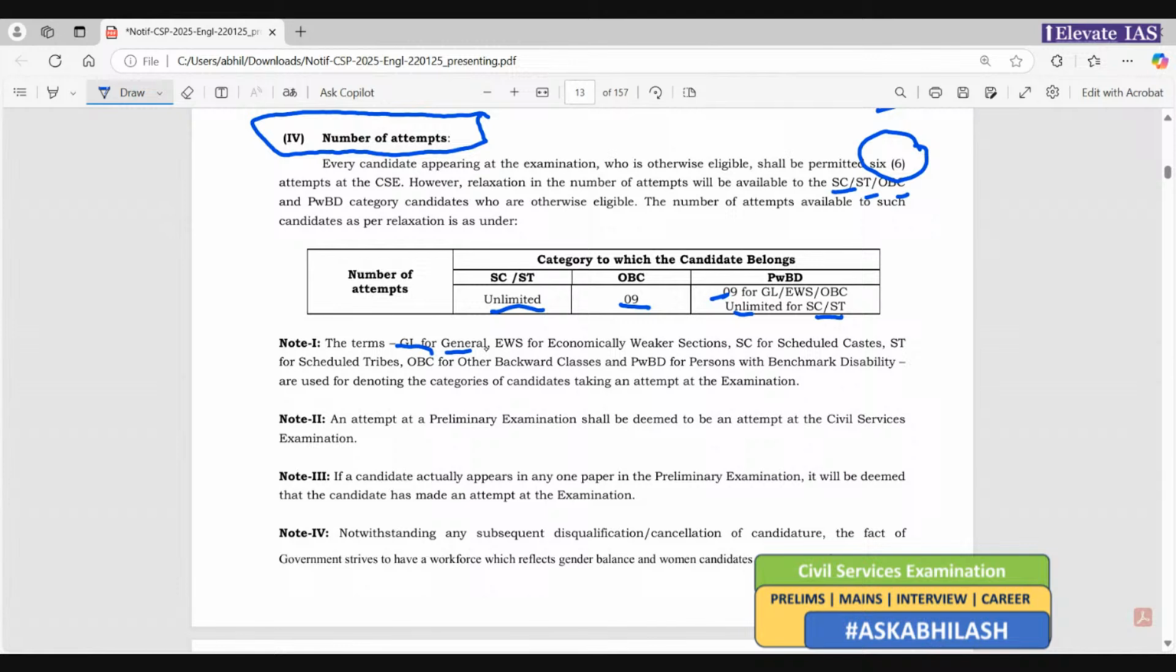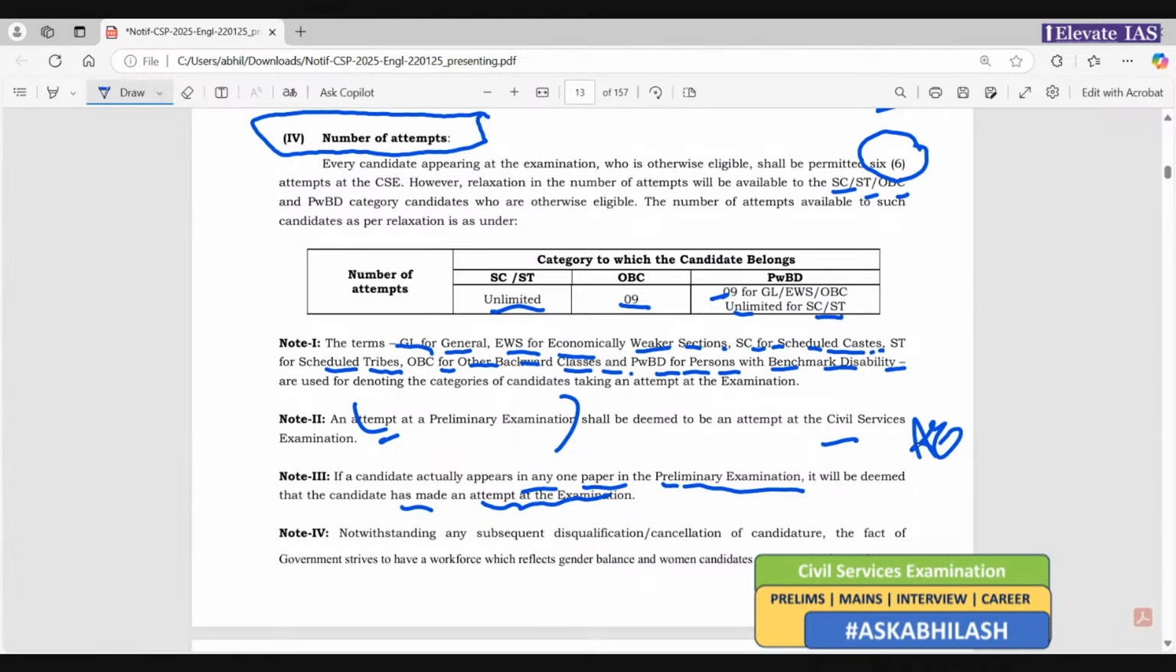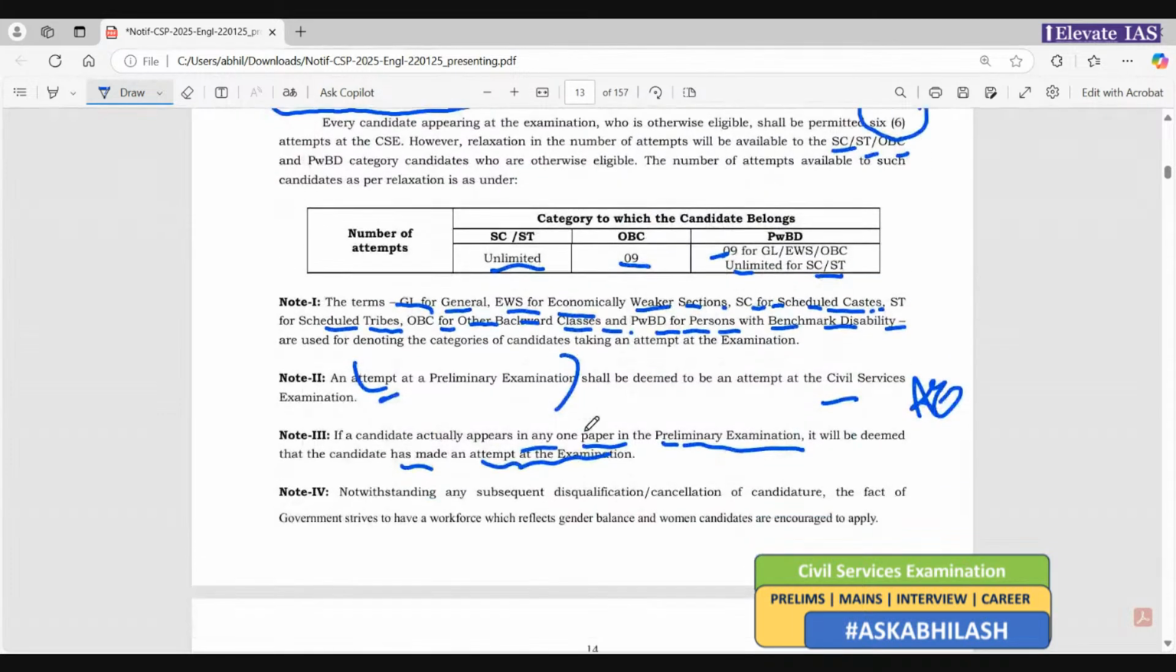GL is for general, EWS is for economically weaker section, SC for scheduled castes, and ST for scheduled tribes, OBC for other backward class, and PwBD for person with benchmark disability. An attempt at a preliminary examination shall be deemed to be an attempt at the civil service examination. If a candidate appears in any one paper of the preliminary examination, it will be considered that the candidate has made an attempt at the examination. आप एग्जाम देने गए हो और आपने वहां पे साइन कर दिया, एंट्री एग्जाम हॉल में पेपर लेने के बाद, तो आपका अटेम्प्ट काउंट हो गया, कोई भी पेपर हो, पेपर 1 में हो या पेपर 2 हो।